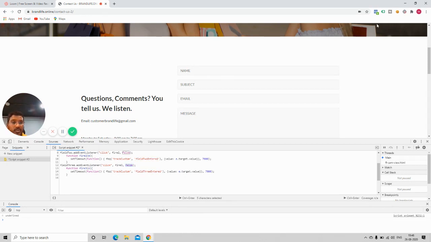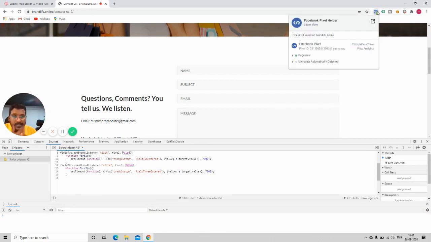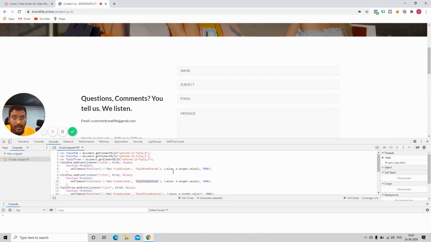So now I'm going to refresh this page, guys. Now see, only the pixel is fired. Now see what is going to happen. Earlier we were only sending the custom event and the name of the custom event. Now I'm sending object parameters along with that pixel.